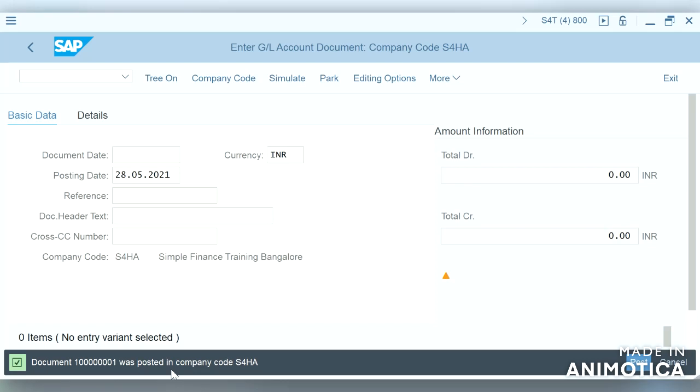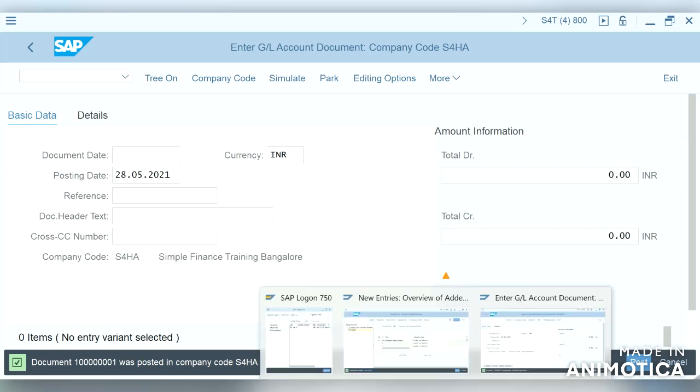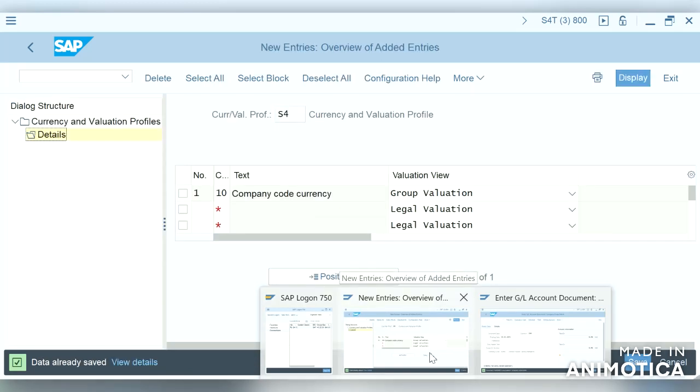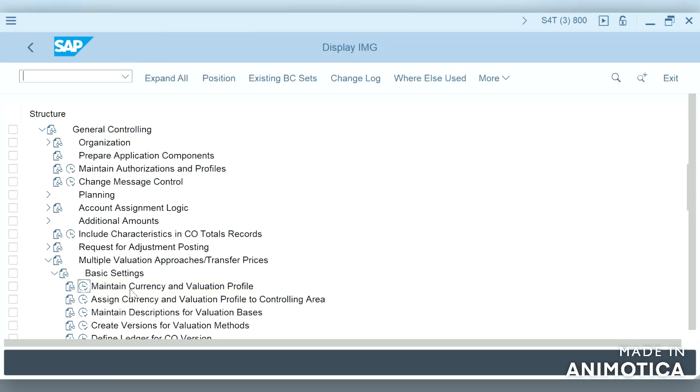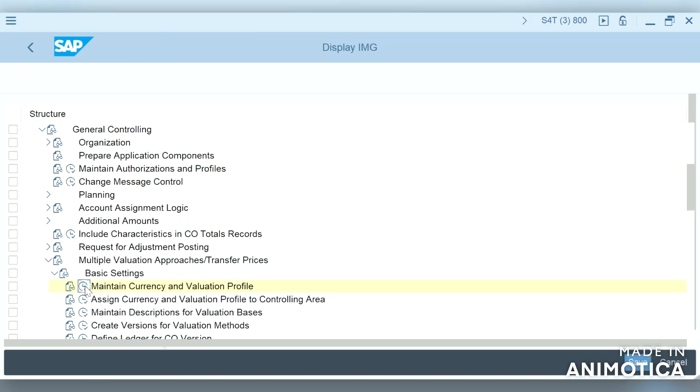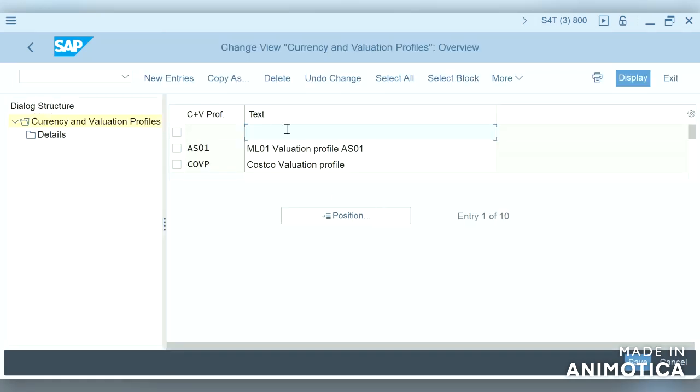Now we can see the document is posted. So what I did to make the changes: it was giving the error message that the currency and valuation profile is missing in controlling area. So I went to the currency and valuation profile, and for the company code currency, only for company code currency, so see, I have created